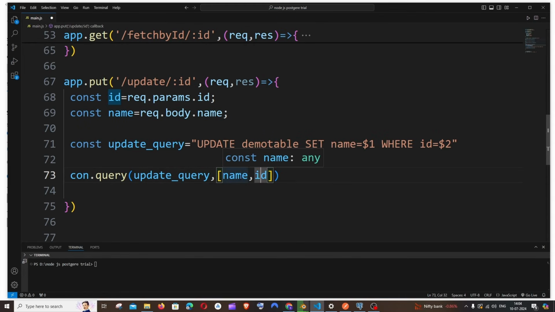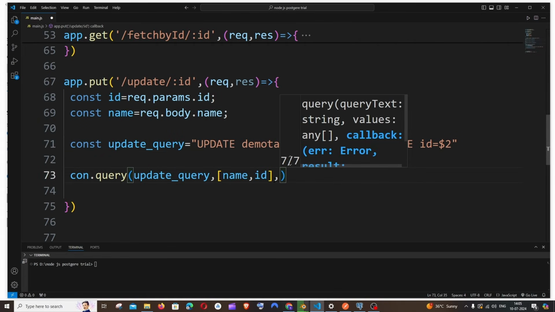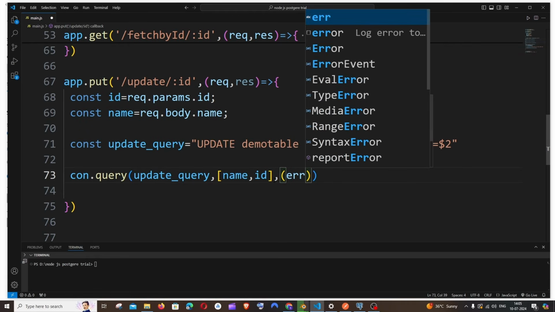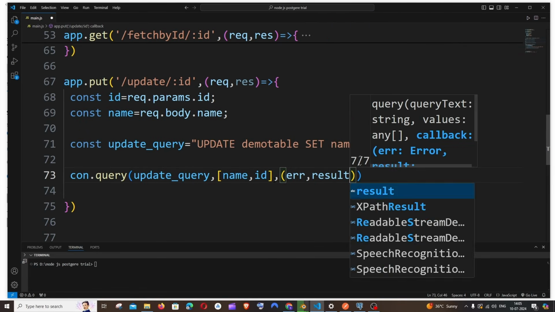The value that you pass first corresponds to $1, and the value that you pass second corresponds to $2. So don't interchange id at first and name second. Name should be coming to $1, id should be coming to $2. So be careful with the order there. And next is going to be a callback function. It's going to be error comma result,